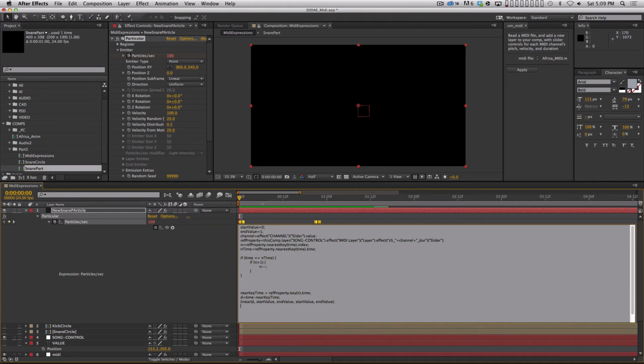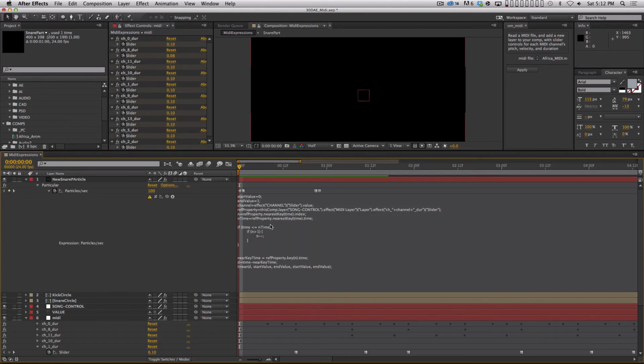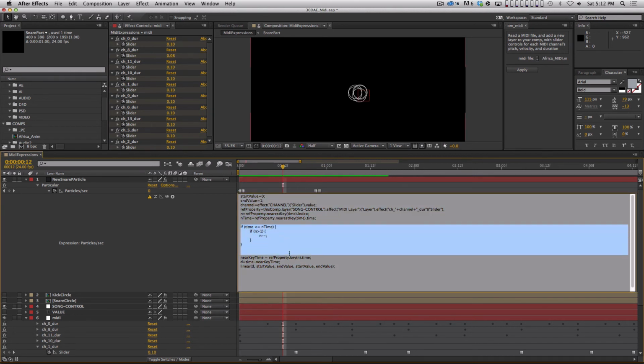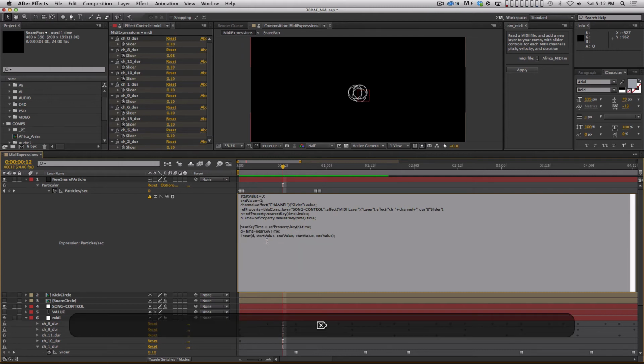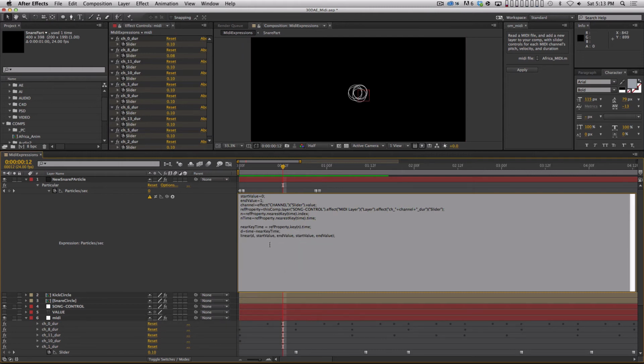So the behavior is a little bit different. We're not interpolating between values. We're saying I want to be on for a frame and then off, on for a frame, then off, okay? So really all we need to check is, are we touching a keyframe? So we actually don't need to mess with all of this stuff. All we need to know is, where's the nearest keyframe? Are we touching it? That's it. Okay, so near key time, we're still concerned with that. We're still concerned with the difference between the current time and the near key time. But what we actually really want to know is,